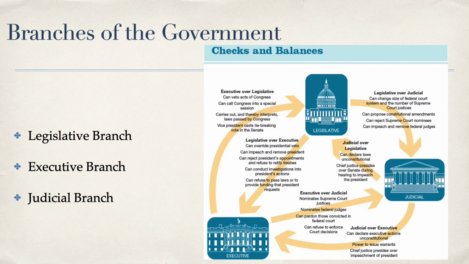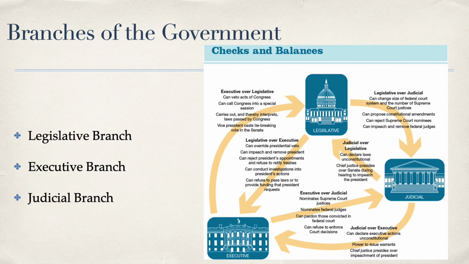Article 2 of the Constitution provides for the presidency. The framers wanted the president to be able to take timely and decisive action to deal with national issues and problems. Under the Articles of Confederation, basically the government couldn't do anything with Shays' Rebellion. They wanted to avoid that, and they wanted the president to be able to take this timely and decisive action.